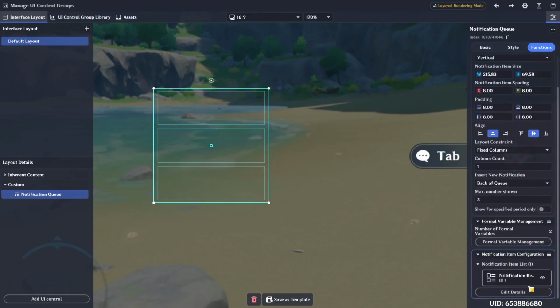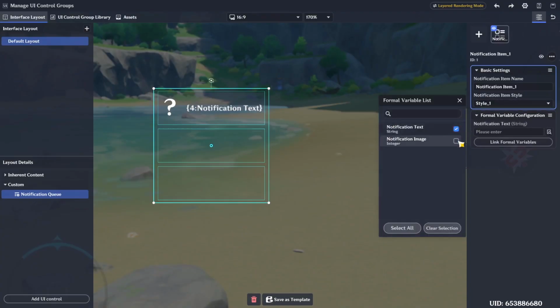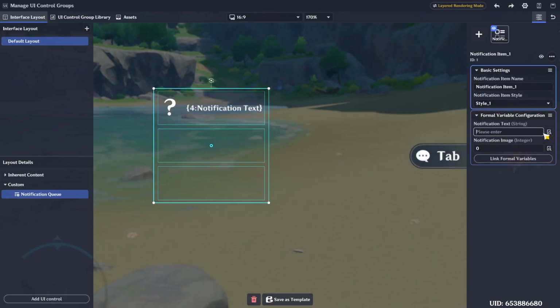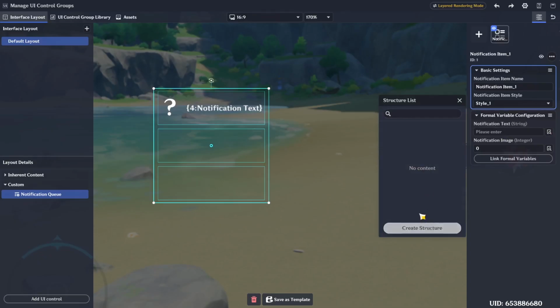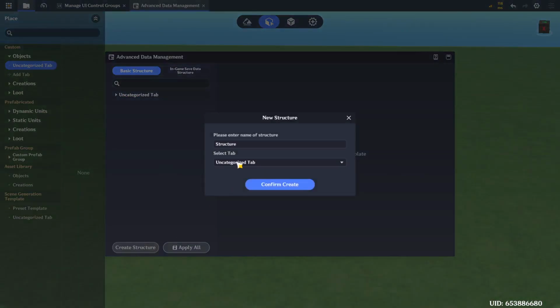And now we go to the item configuration, we choose our style, and we need to link the formal variables, so notification text and the image. And here it's going to ask to create a structure, and you do need the structure to open it with a node. So let's create a notification queue data